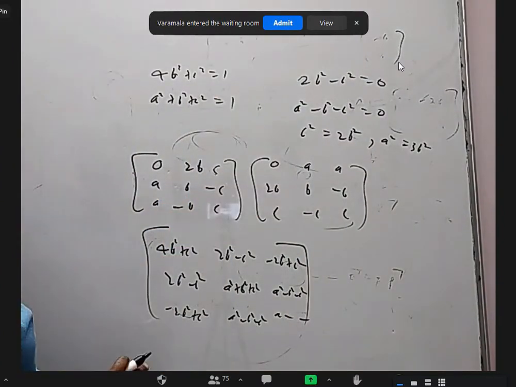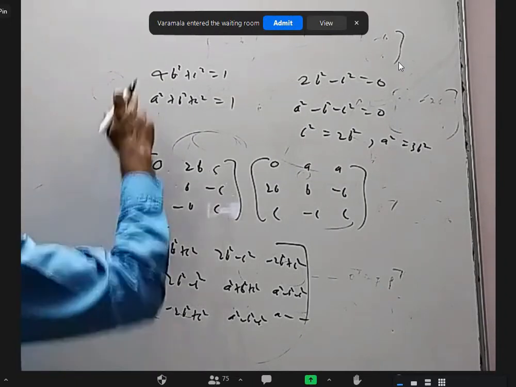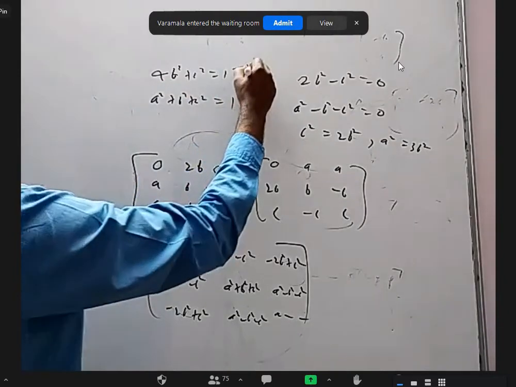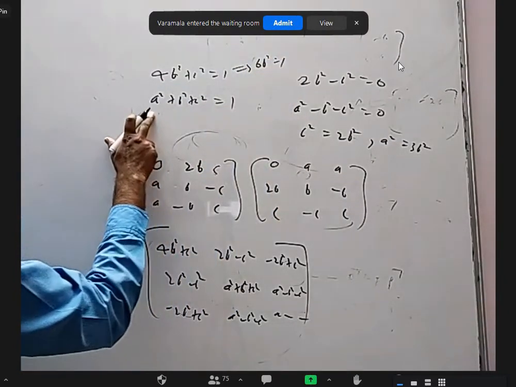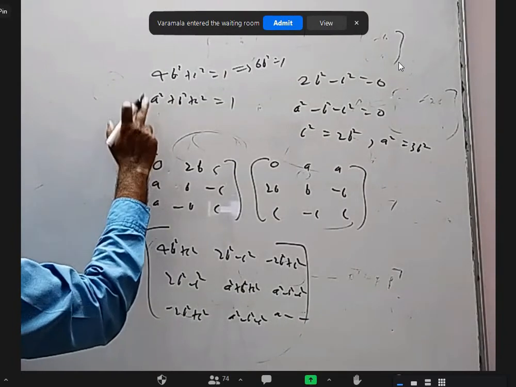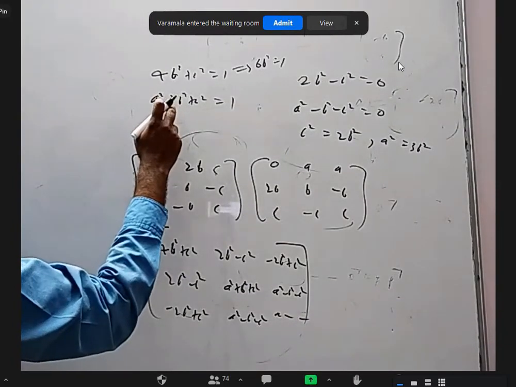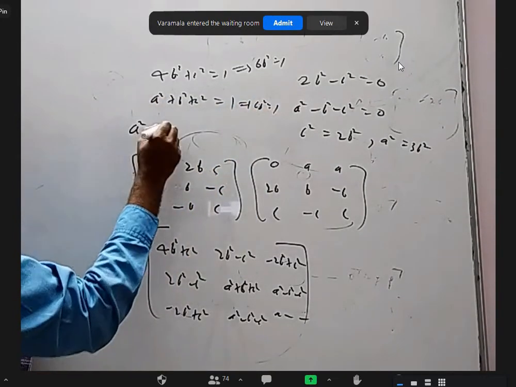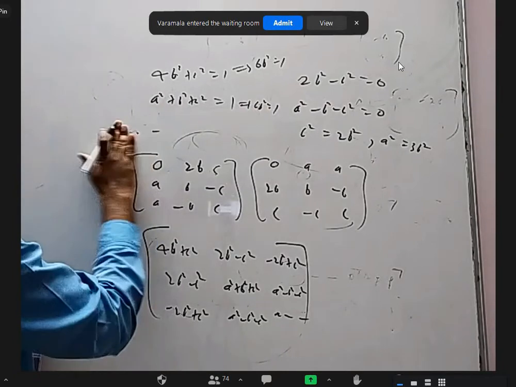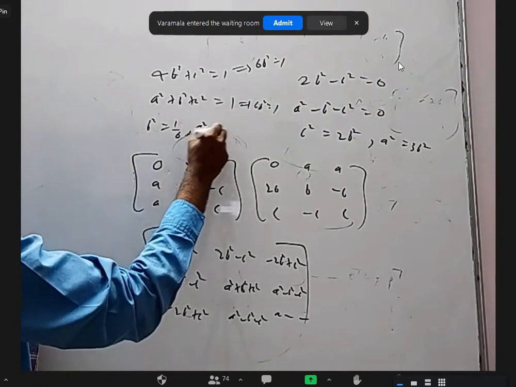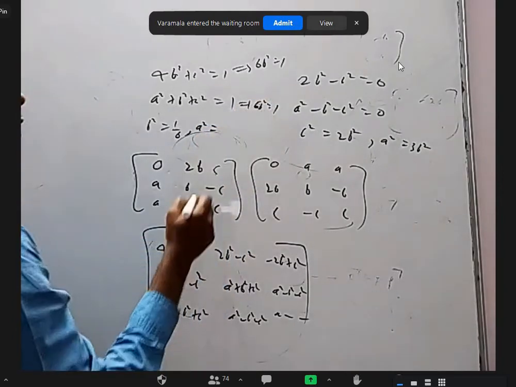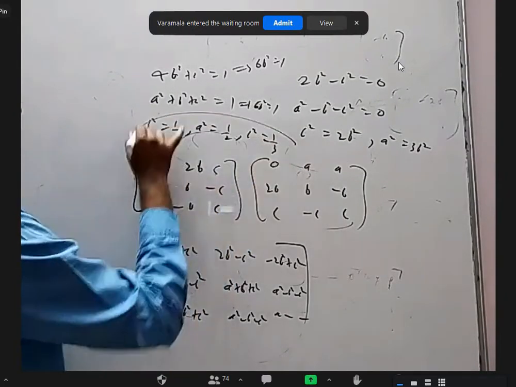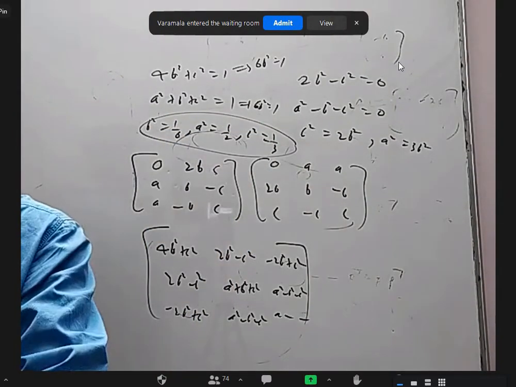Now, will both give the same data? Let me see. If I write c square as 2b square, I'll get 6b square equal to 1. Here if I write it also, 6b square equal to 1. B square, 2b square, and 3b square. Yes, 6b square equal to 1. So basically, we are getting b square equal to 1 by 6, a square is equal to 1 by 2, and c square equal to 1 by 3. Okay, and then you can really find AB.